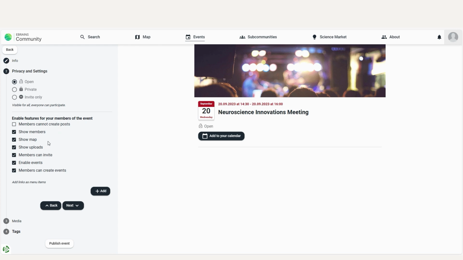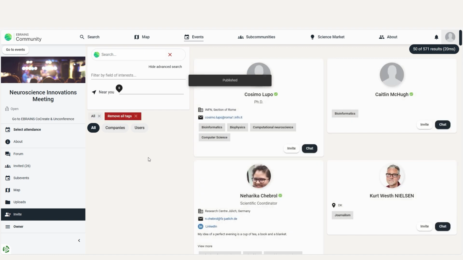You can also enable additional features for event attendees. Remember to publish the event to save it. Note that you can always change the settings and the information of your event later, giving you flexibility in how